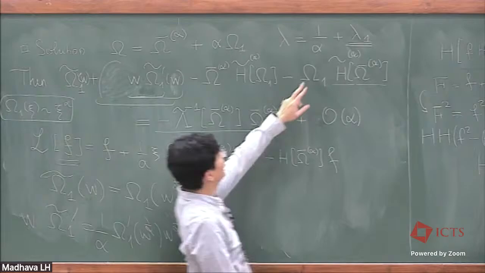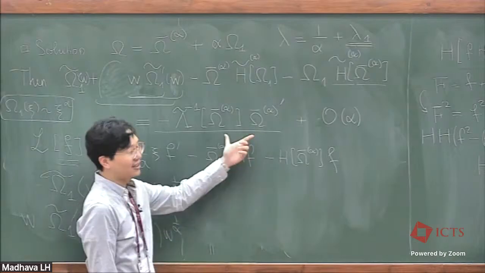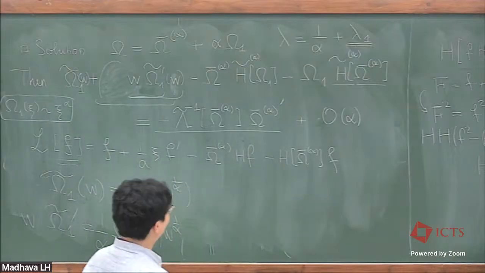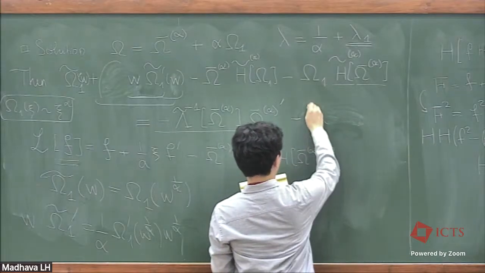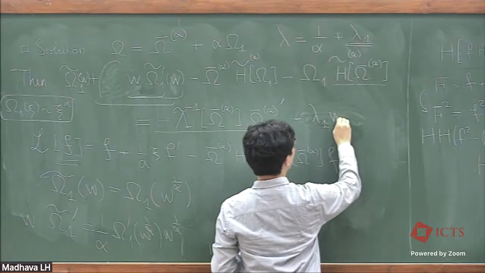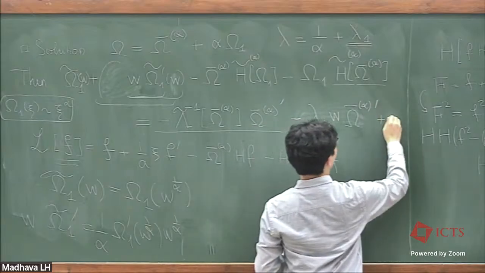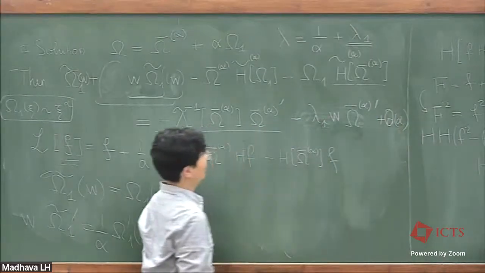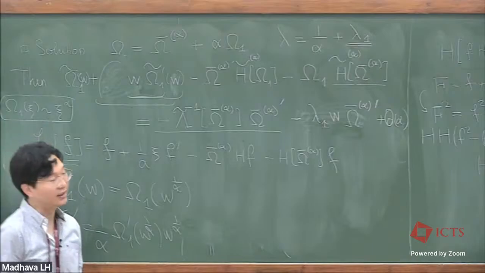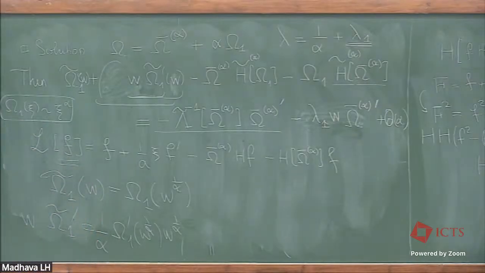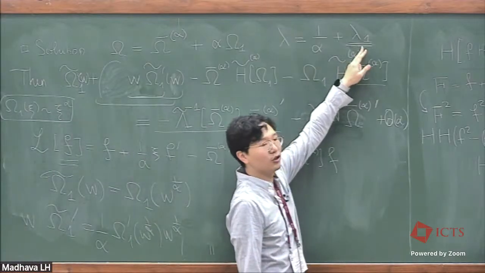So now, if you introduce lambda 1, which is another unknown, you get an additional term on the right-hand side, which I computed. And that is exactly minus lambda 1 in the new coordinate, W omega bar alpha prime plus small terms. And this is now free. So here is the idea. I will just finish by saying only the ideas. By introducing an additional unknown,